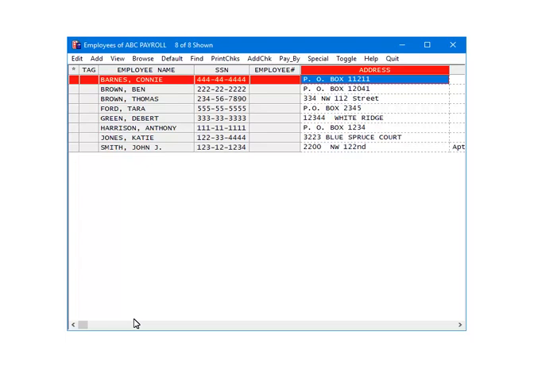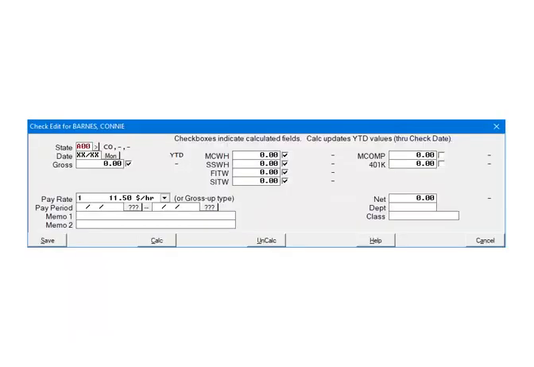Highlight an employee and click Add Check. First, make sure that the correct state is selected on the check. If it is not, click the arrow and make the correct selection. Next, make sure there is a check mark beside the SITW field. If not, check it. To test, enter in 1000 in the gross and make sure that any fields you want